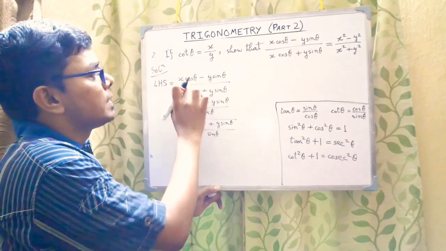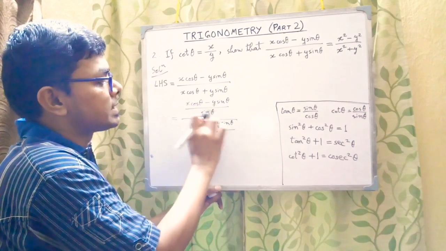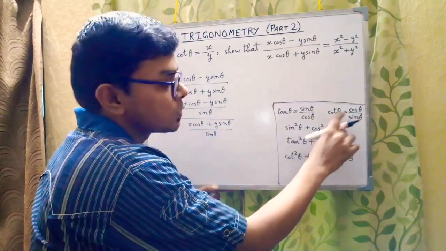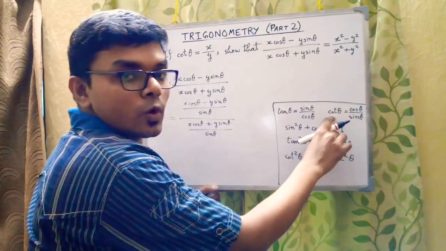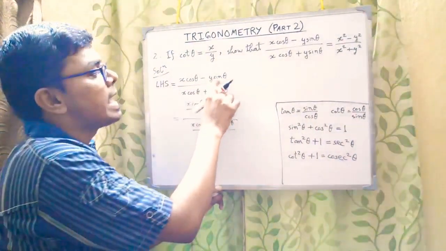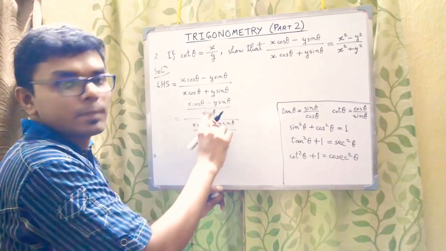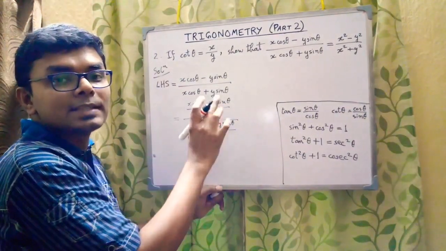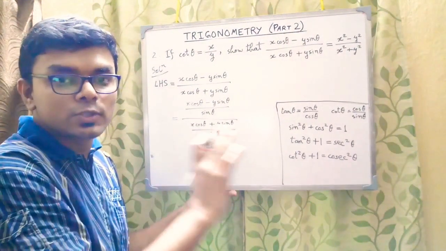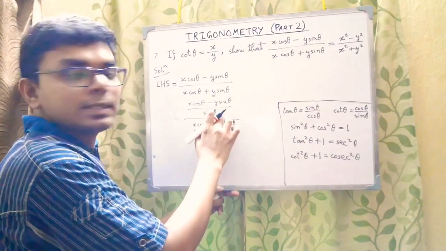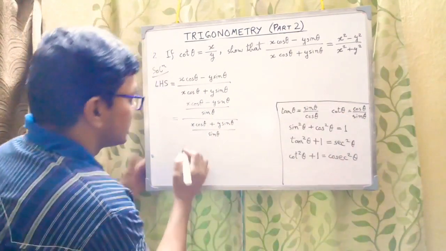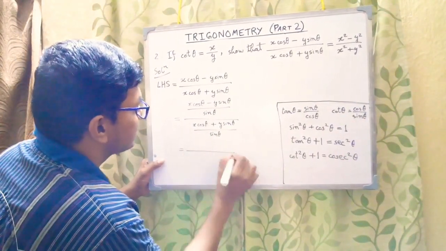See, I just observed, if I divide cos theta by sin theta, we get cot theta. So cos theta by sin theta will give you cot theta. So that is one observation. And here, since we are dividing the whole thing by sin theta, sin theta will also be divided by sin theta, and sin theta by sin theta is 1. So there is no problem over there. So sin theta by sin theta will give you 1, and cos theta by sin theta will give you cot theta. So this is a pretty simple one now.